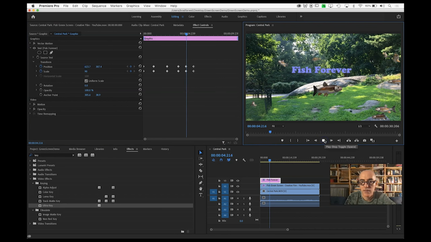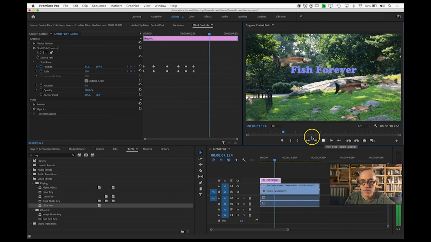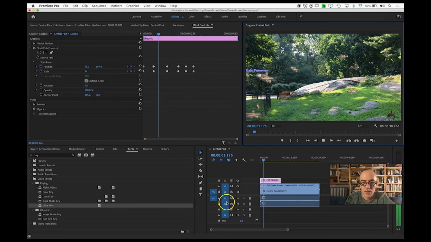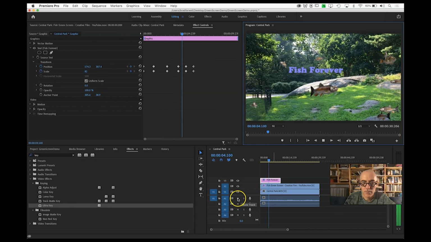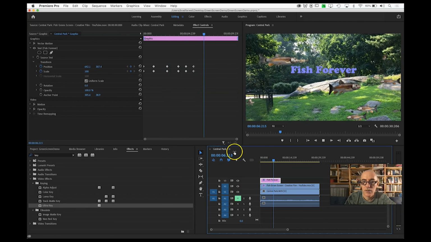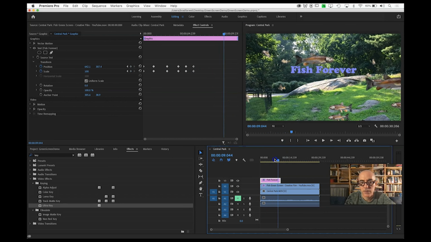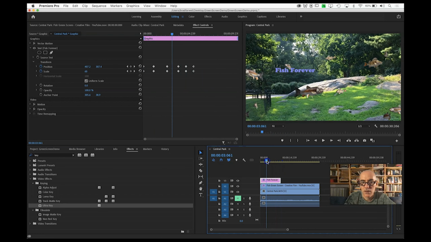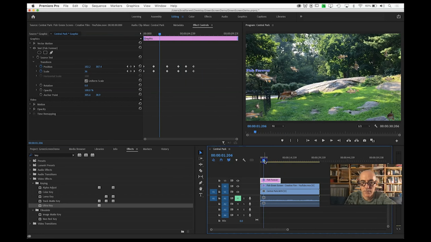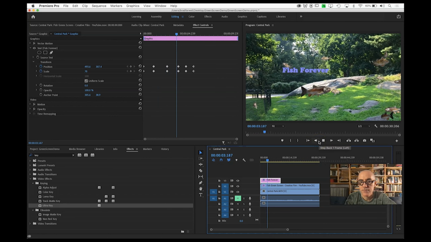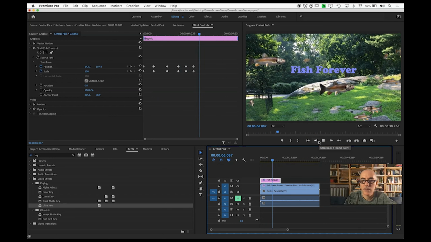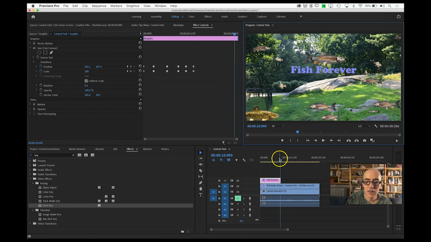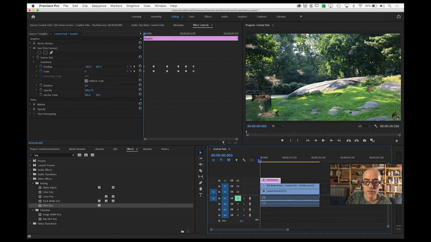All right. So now if we play it from the beginning, mute this audio. So it sort of swims over or slides over and then gets a little bit bigger as it does it. That's okay. It's not super fishy looking though. So to make it a little bit more fishy looking,